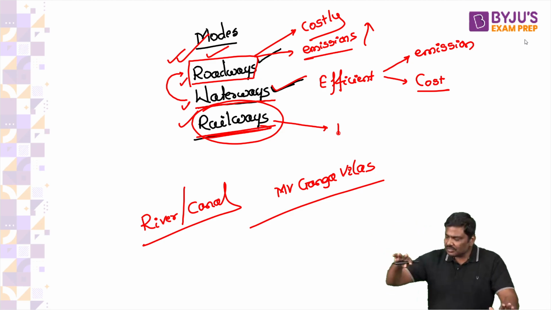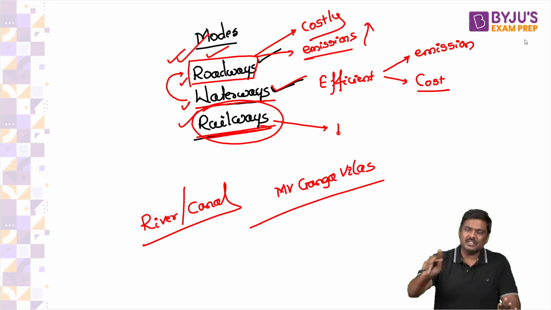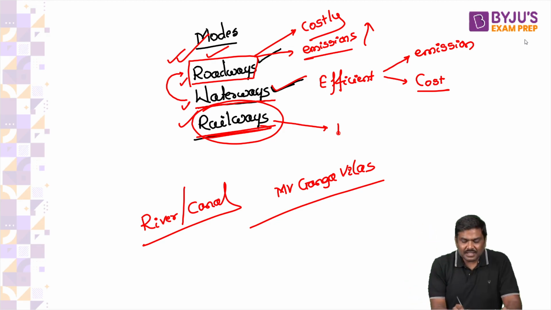And as a result of this, the revenue generation capacity of the railways has also been hit. Second, passenger to freight ratio is